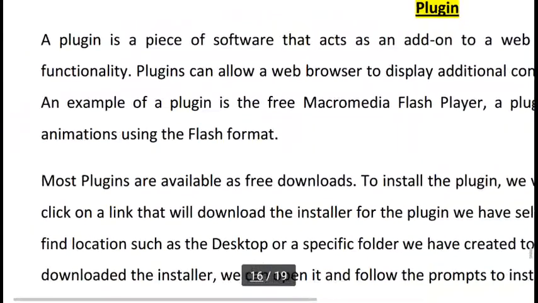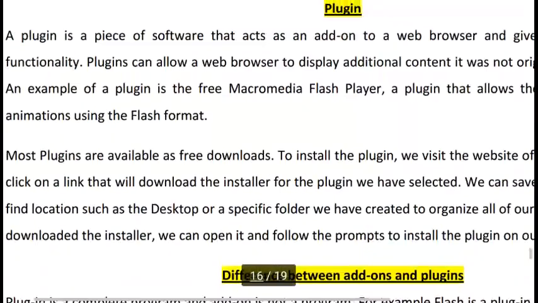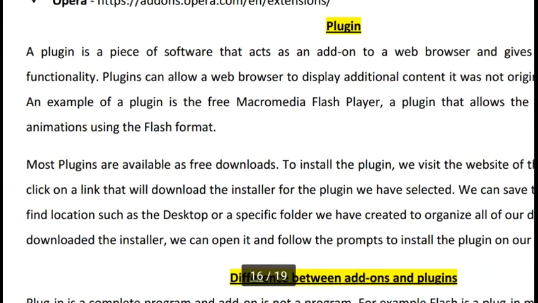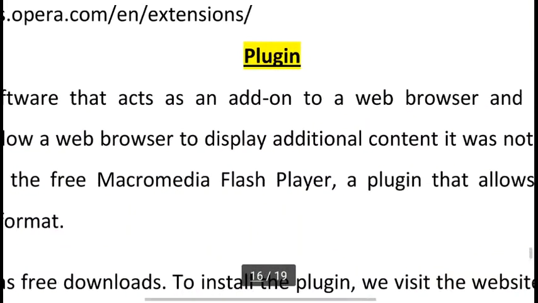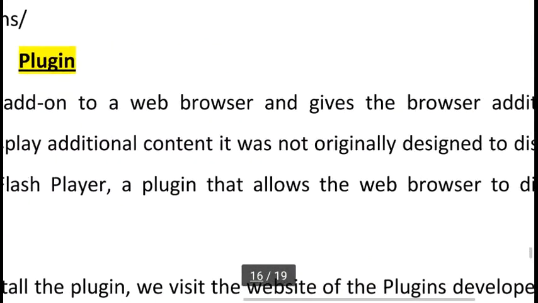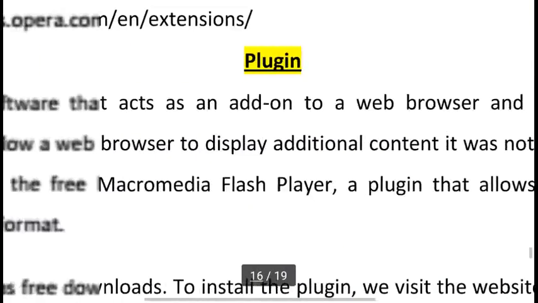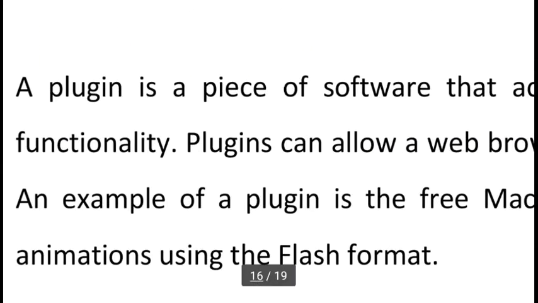Now the next thing is plugins. A plugin is a piece of software that acts as an add-on to a web browser and gives the browser additional functionality.